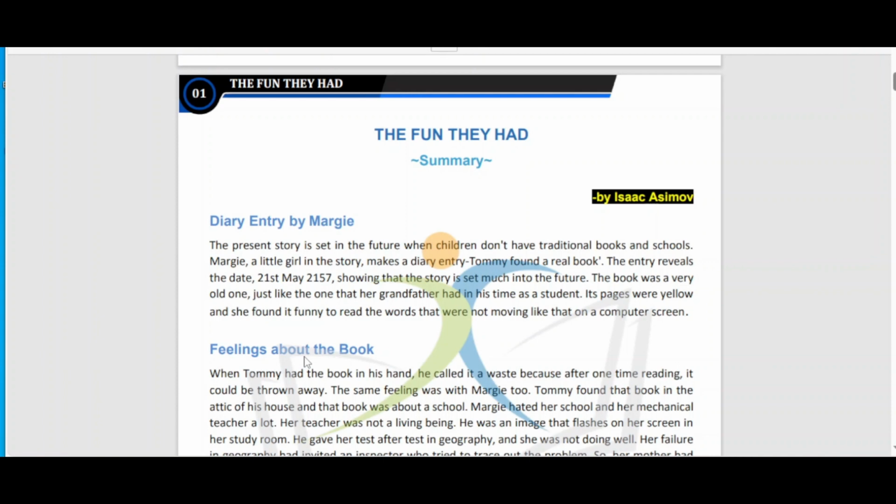Yes, and she found it funny, and it was very funny for these two children, a girl named Margie and Tommy, because they used to do the work in telebooks only, which are already stored in their telebooks, in their television screen. So according to them, these traditional books, they found it very funny to read,